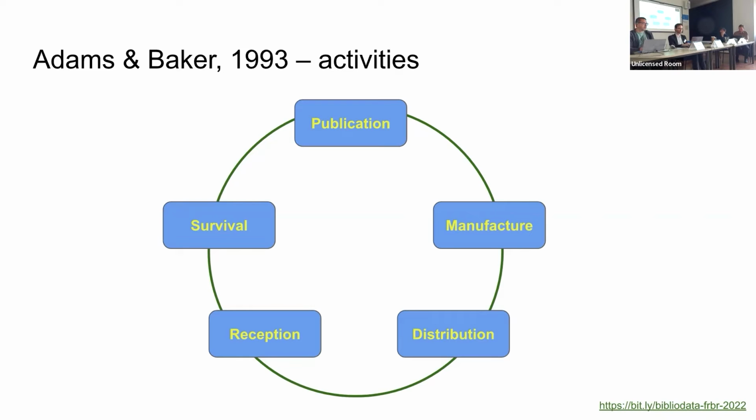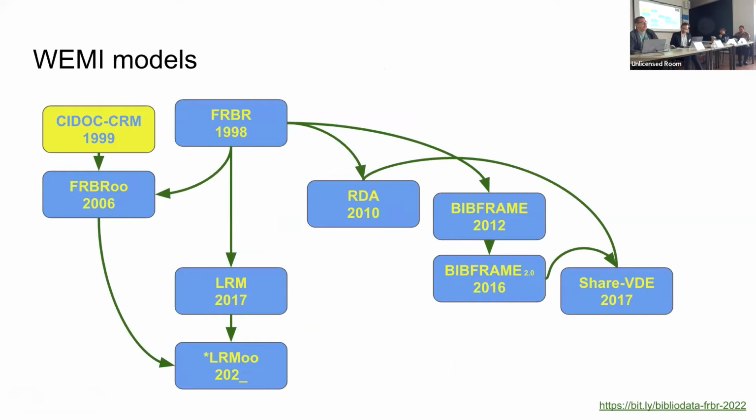Instead of actors, they concentrated on activities, but the life cycle is more or less the same. The only essential difference is the survival. So the history of a book hasn't been finished when it gets to the reader, but after some time they have to survive. Okay, so this is the first model, and the other model is the FRBR model, which is much